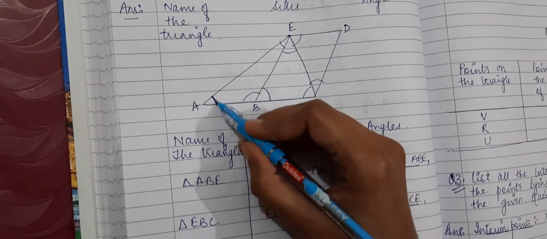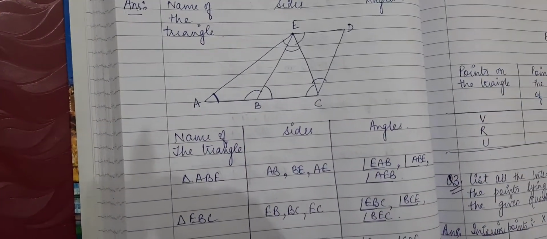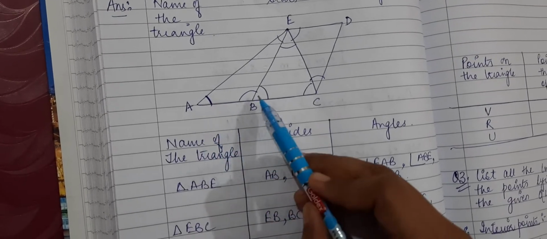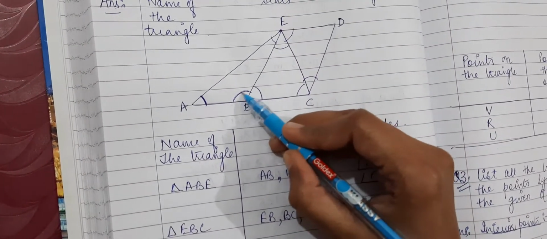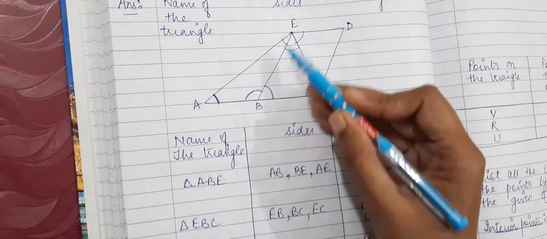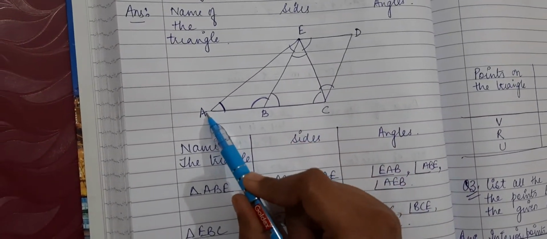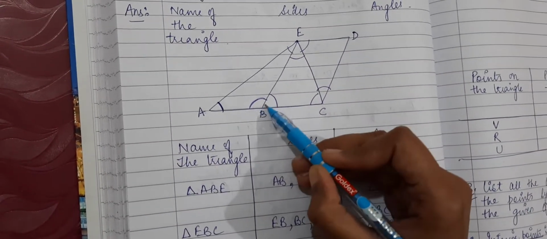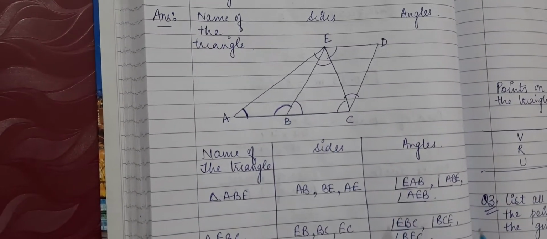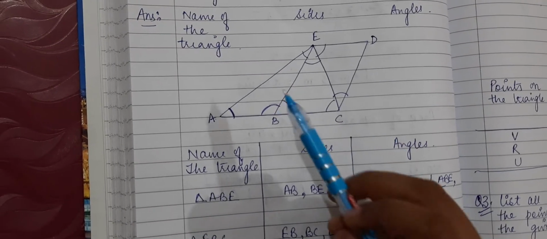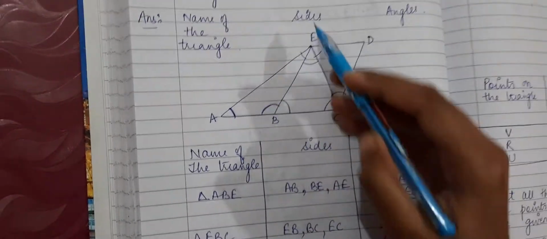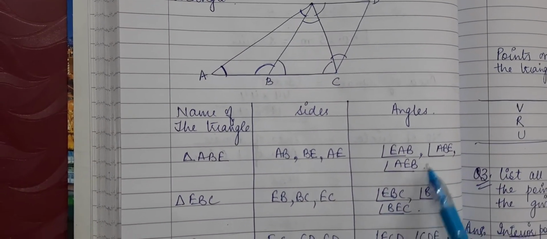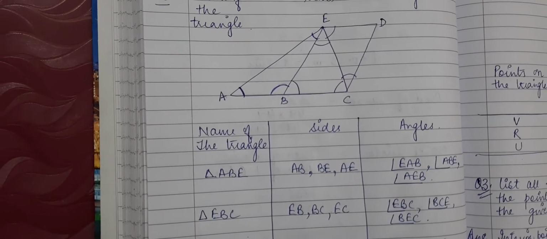That means I am talking about this angle. The angle which will be in the middle, that angle I will be talking about. Next is ABE. That means I am talking about this angle. I can also name it as EBA. That does not matter. Whether I start from here or from here, if the middle letter is B, that means I'm talking about this angle. The next is AEB, in which the middle angle is E. So that means I'm talking about angle E. Right? Now this was one triangle. Let us see the next.